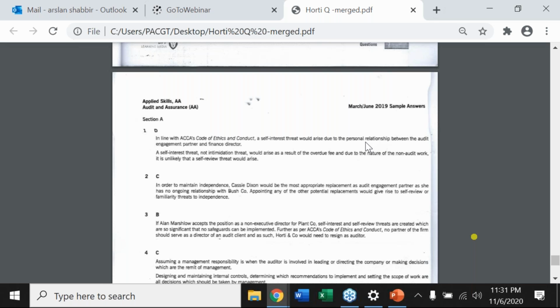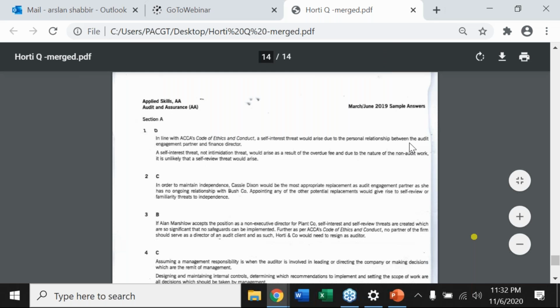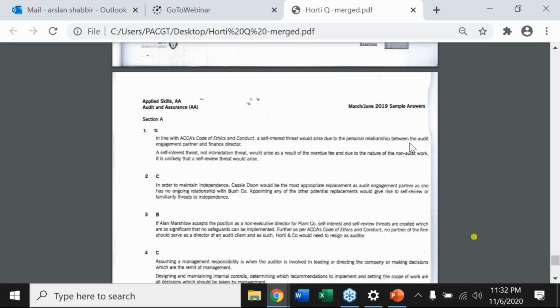I would like to clear one thing here. Students are confused between the familiarity threat and the self-interest threat. I know most of the students feel that it is a familiarity threat, but it is not a familiarity threat. Familiarity threat exists